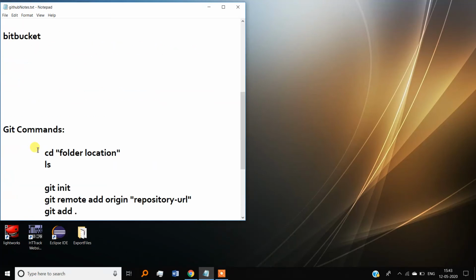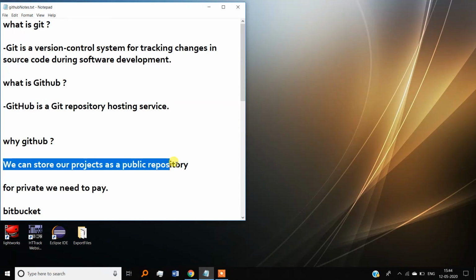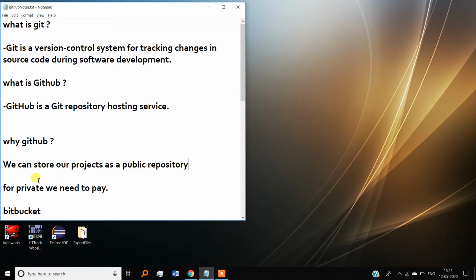Okay, so we can see here why we need to use GitHub. Because we can store our projects or programs as a public repository, right? If we want to store as private, we need to pay.